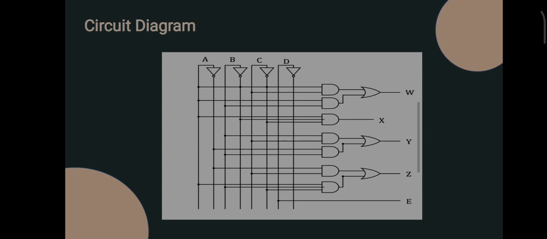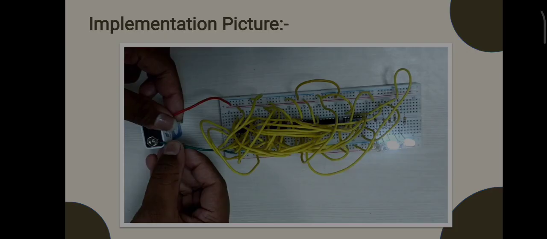And if we apply an invalid binary, meaning 10 to 15, then the W output will generate a one output, which means it is a false BCD. Here's the implementation diagram, the circuit which we implemented for the converter.